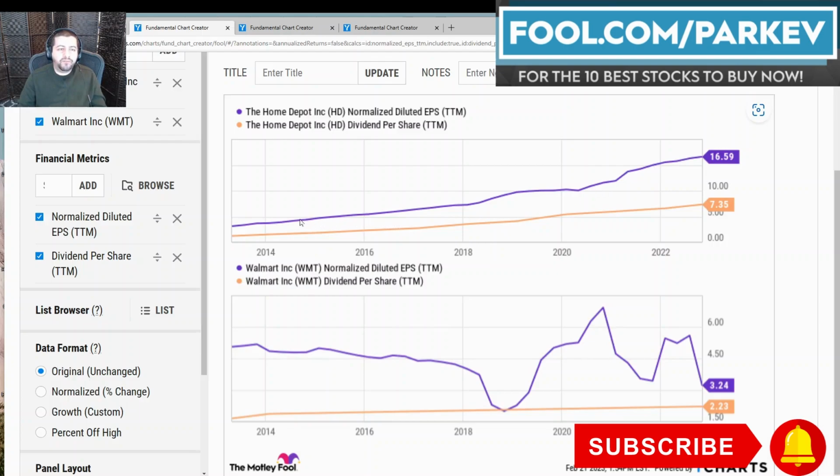You look at very nice earnings per share growth over the last, let's say, 10 years, going back before 2014. Earnings per share have increased from less than $5 to over $16.59. Meanwhile, dividend per share have also increased very nicely, coming in at $7.35 in the trailing 12 months. So its dividend consists of less than 50% of its earnings per share,